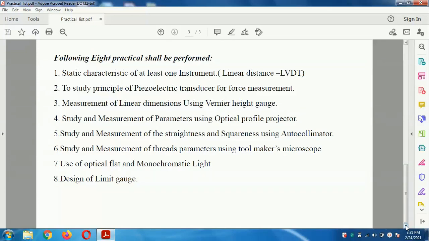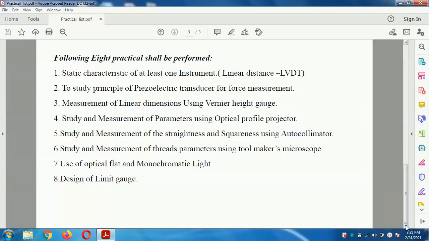And the 8th and last practical is design of limit gauges. These limit gauges are designed with respect to the parameter. For these limit gauges, you have to study the theory, introduction, various parameters, and the materials which are used for the manufacturing of the limit gauges. All the students know there are 2 types of limit gauges, that is the go gauge and no go gauge. So all these 8 practicals are included in your syllabus and practical of session 2020-21.